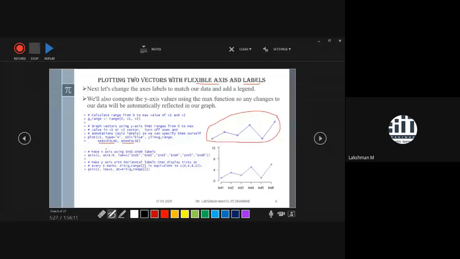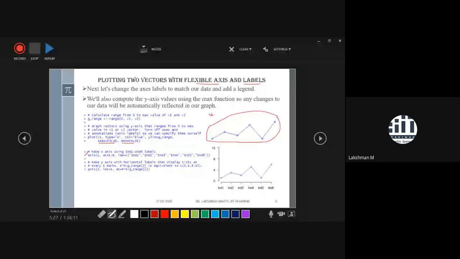Now we want to introduce our choice of labels. Here, axis one will always be the horizontal axis, and axis two would be the vertical axis. Axis is a command to bring the axis wherever you want. Axis one is talking about your horizontal axis, and at different levels you want to introduce points, not just 1, 2, because I had already told that a vector always happens to be in column representation.